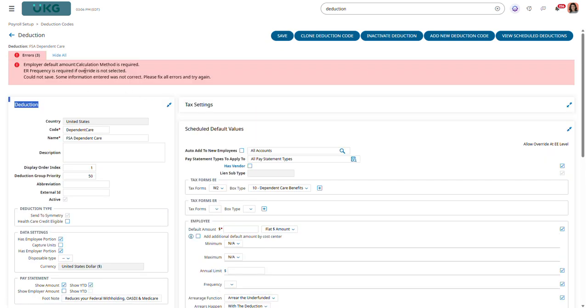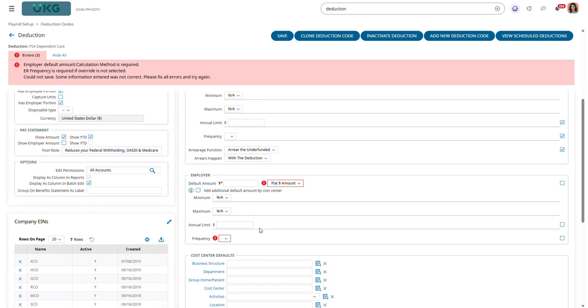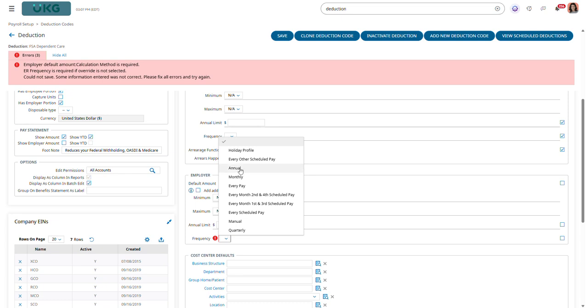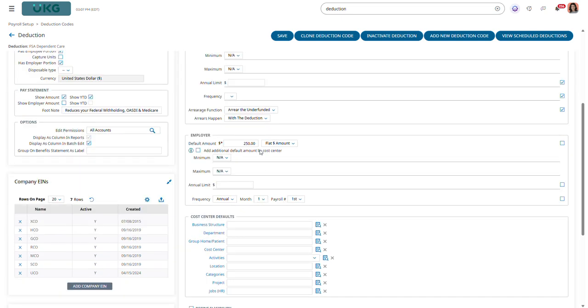And when I do, it'll highlight stuff that I need to do. So down here, it's saying, hey, if there's an employer contribution, what is it? So just as an example, let's say towards whatever method I want to contribute $250, I just put that in, leave it at flat amount. And then down here, I tell the system, maybe that's just an annual thing. First payroll of the year, we give these guys $250. And obviously we could do this by pay period or monthly or quarterly, or there's a bunch of ways you